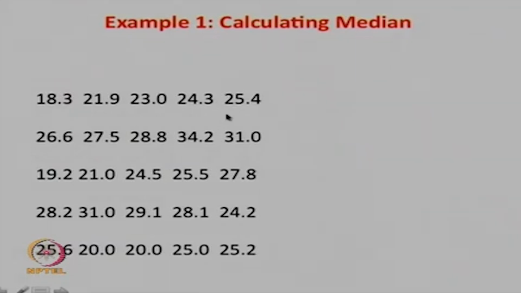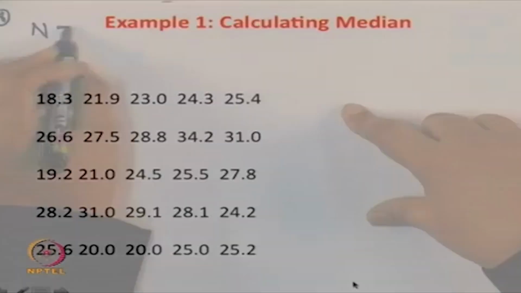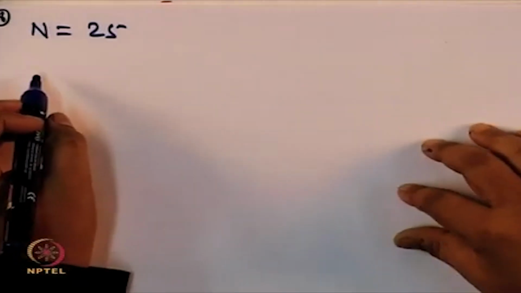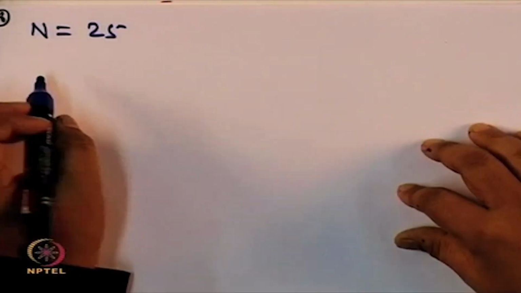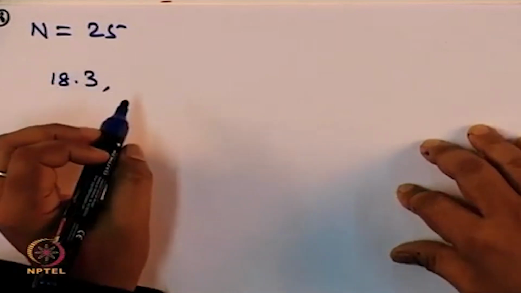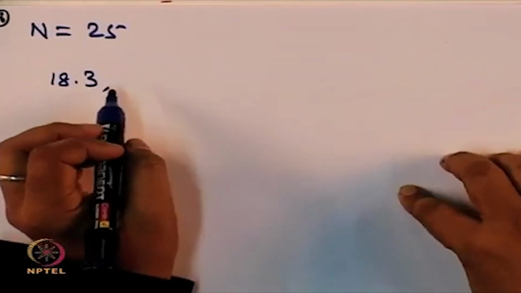I have 1, 2, 3, 4, 5, 5 into 5 is 25. So, n is equal to 25. I have to sort them from lowest to highest number. My lowest number is 18.3,